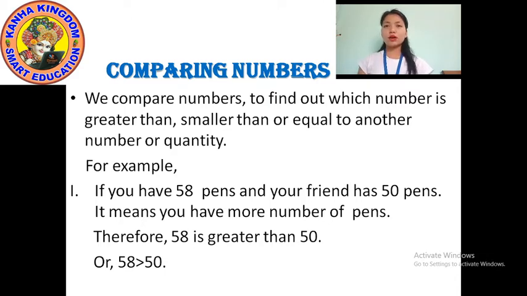We usually use symbols, like the symbol of greater than, the symbol of smaller than, and the symbol of equals to, because if we write is greater than in words or alphabet letters, it consumes a lot of time. So to save time, we use some kind of symbol. The first symbol is the symbol of greater than. Now we'll see another kind of symbol.